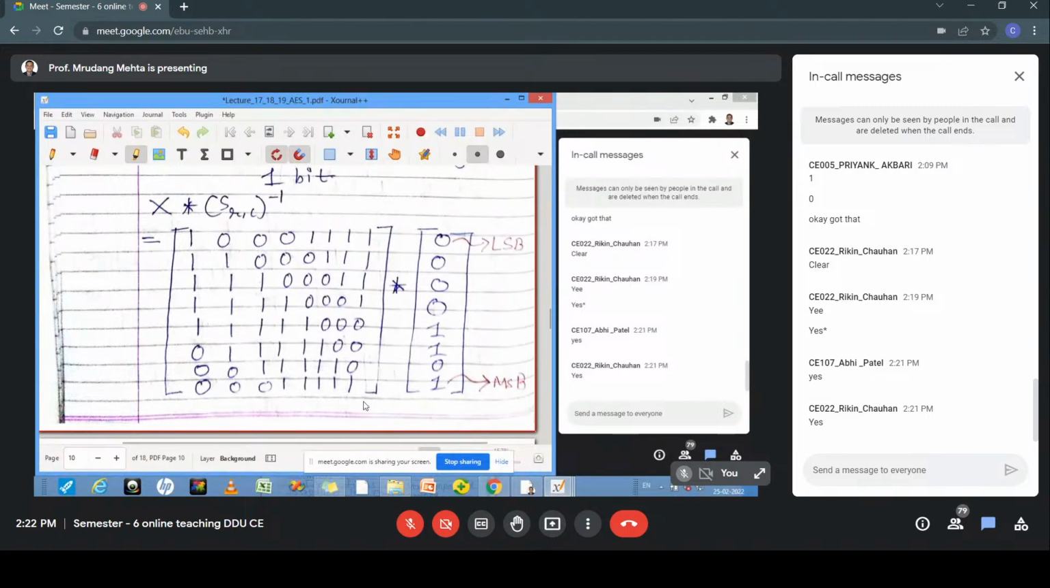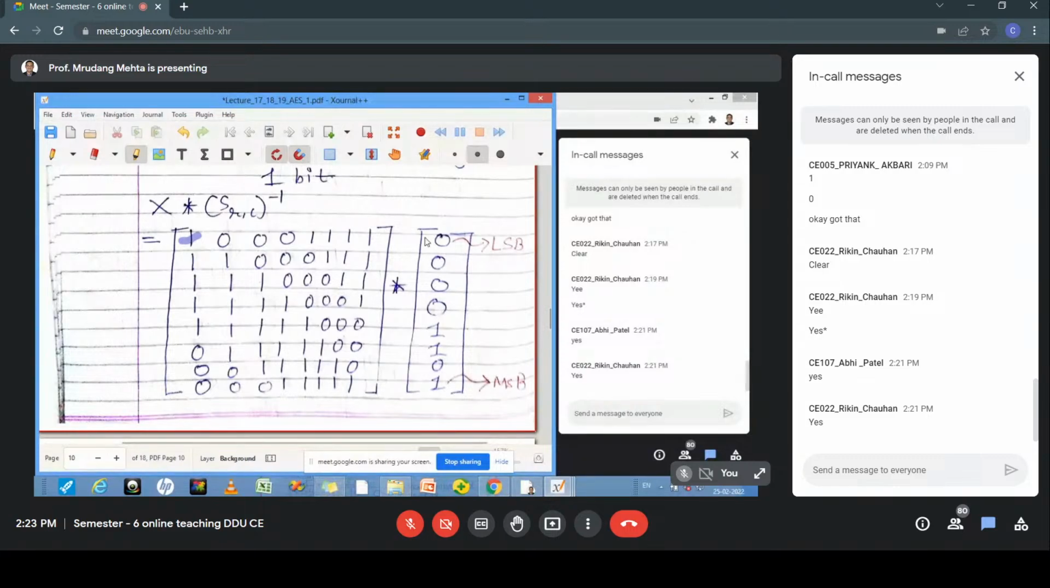This is 8 cross 8 and this is 8 cross 1. So the result is going to be 8 cross 1, right? So 8 cross 1, how do we obtain it? So if you see